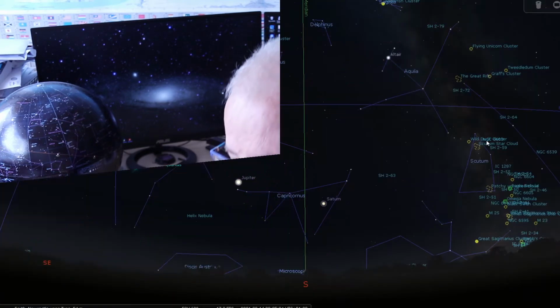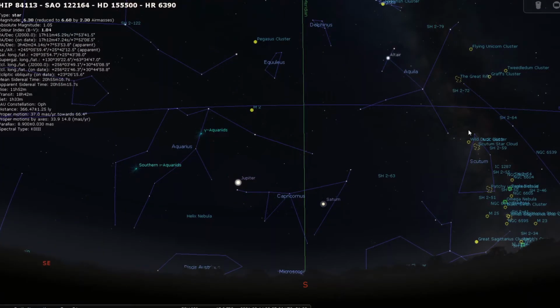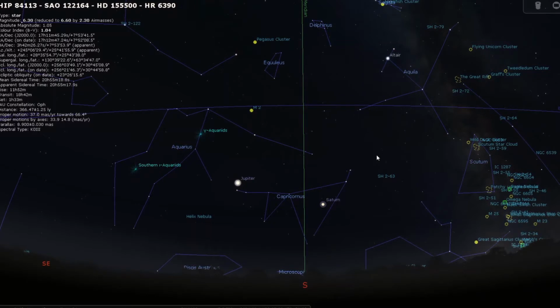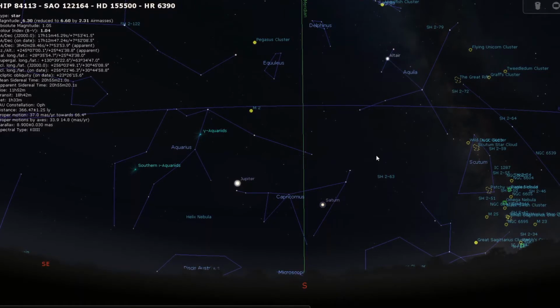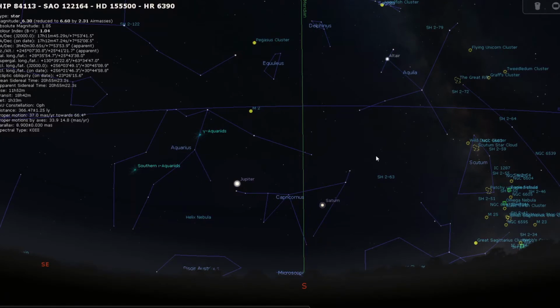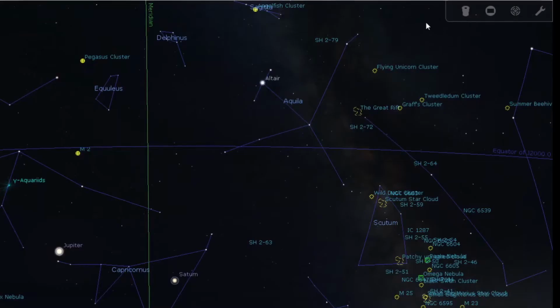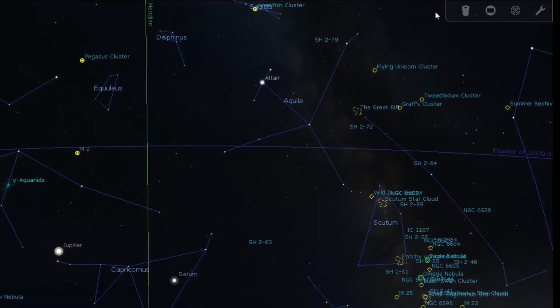So let's go and look at this really useful feature. The first thing we're going to do is tell Stellarium what kit we're using for our astro imaging, and that's simplicity itself really. So what we need to do is go up to this little square here, which is what they call oculars,